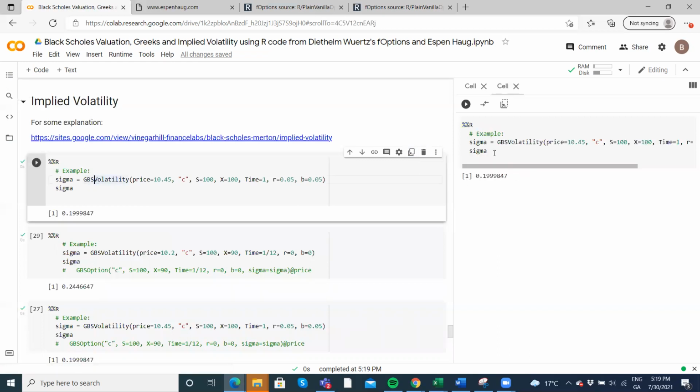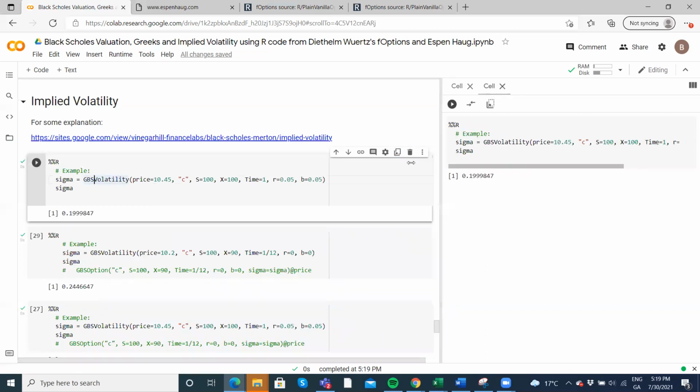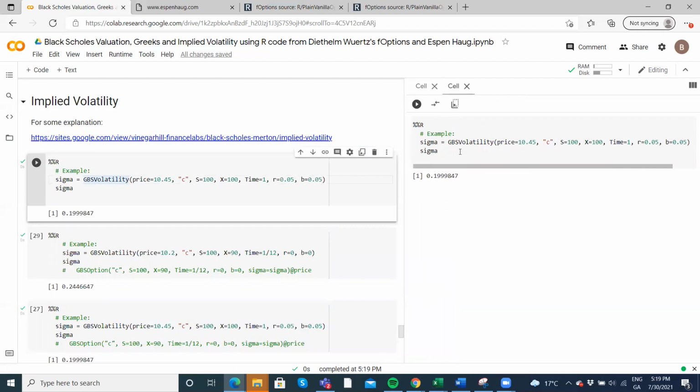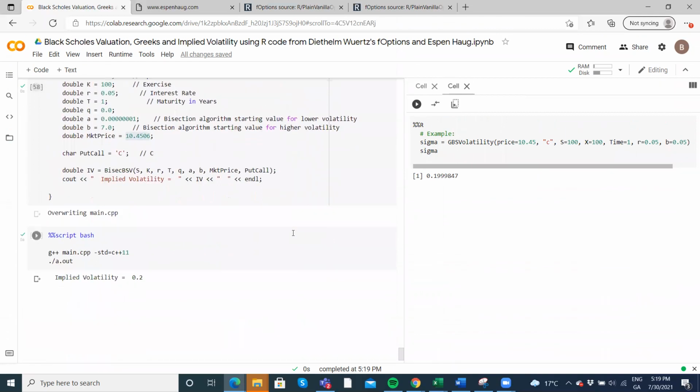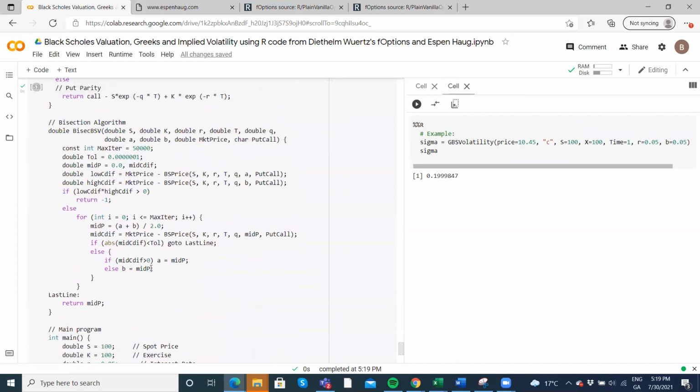Okay, so when we compare the values we have here against the C++ execution, we're getting the same result, right? 0.2 or 0.199, which is basically the same thing. Okay, so that's an introduction to